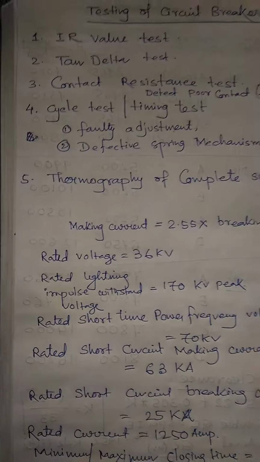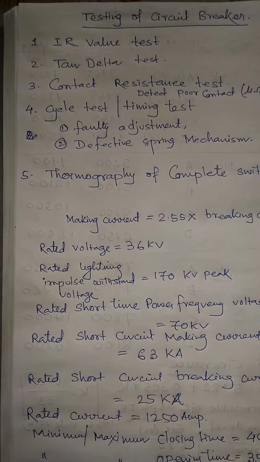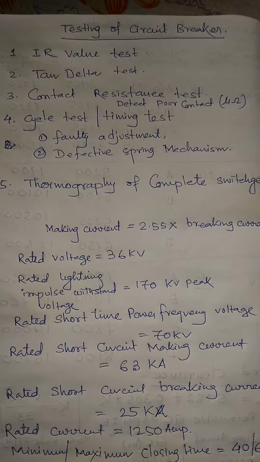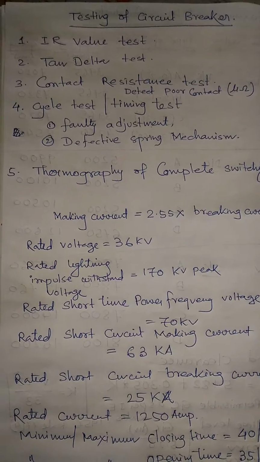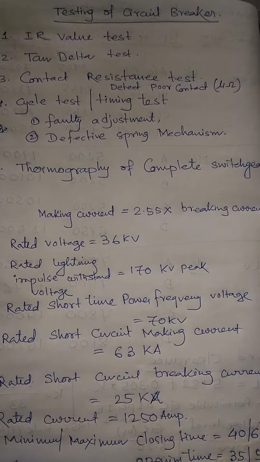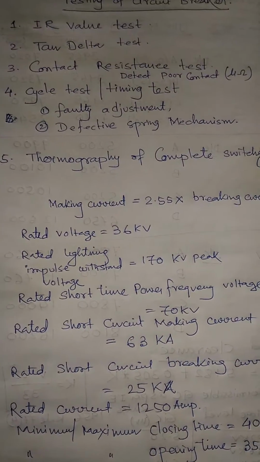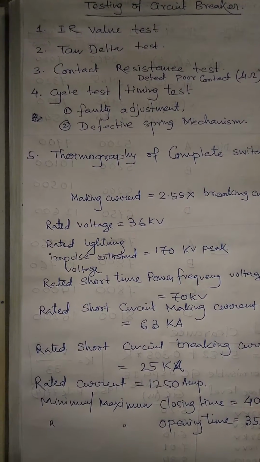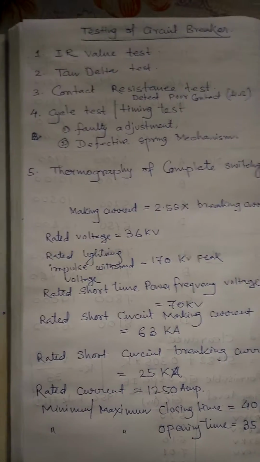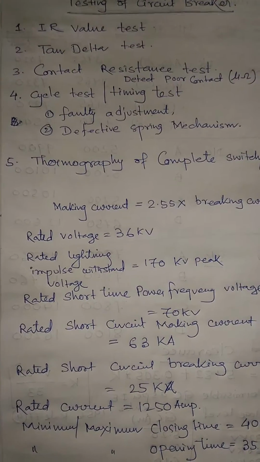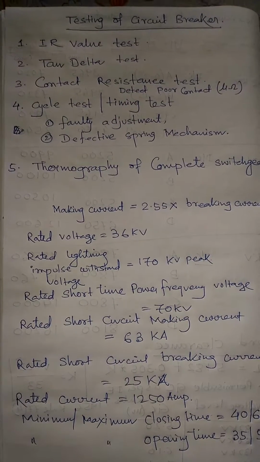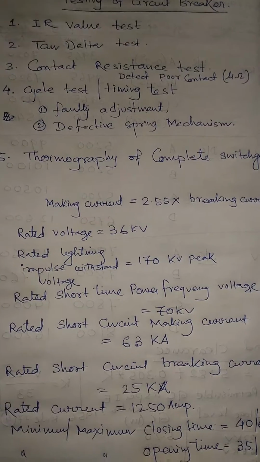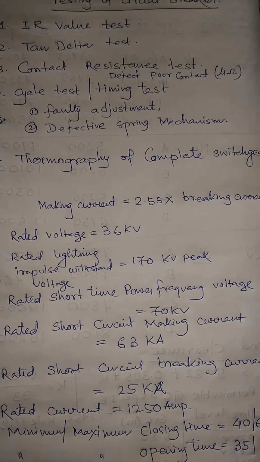First, we do the IR value test. What is the IR value? It is the insulation resistance value of the breaker, measured with the help of the megger. Then we perform the tan delta test to know the condition of the bushing, the condition of the insulation, etc. The third test we do is the contact resistance test to know the contact resistance value of the